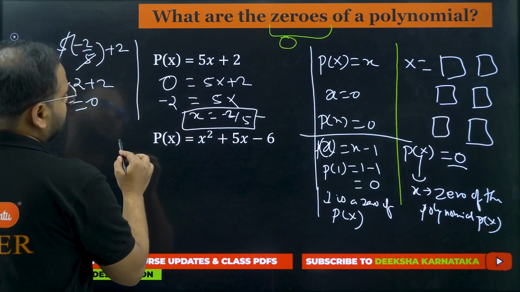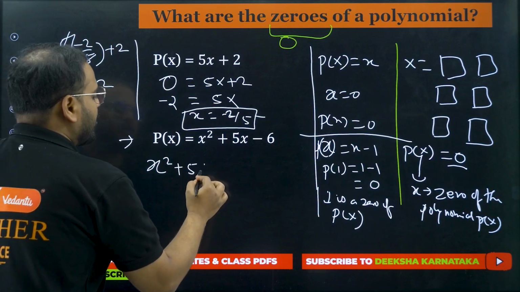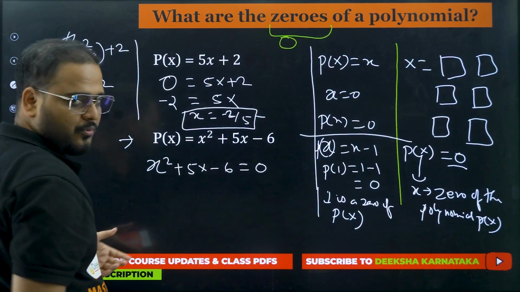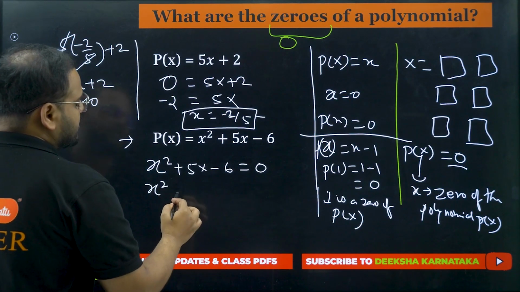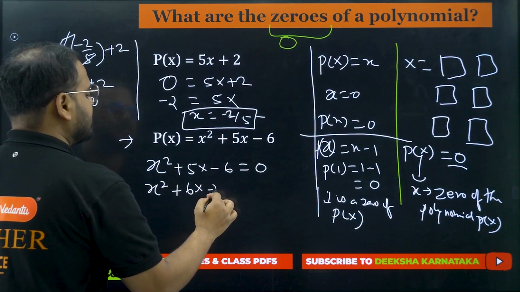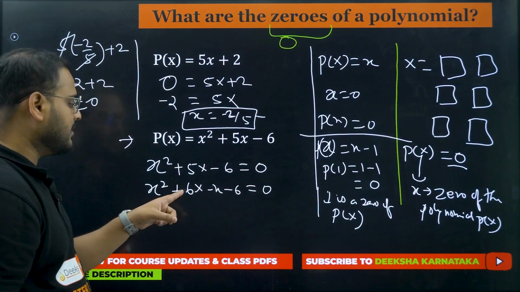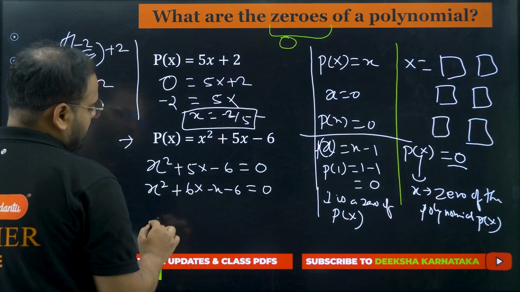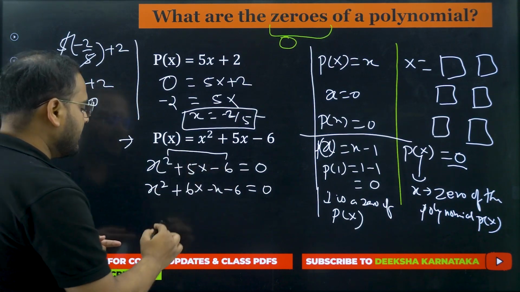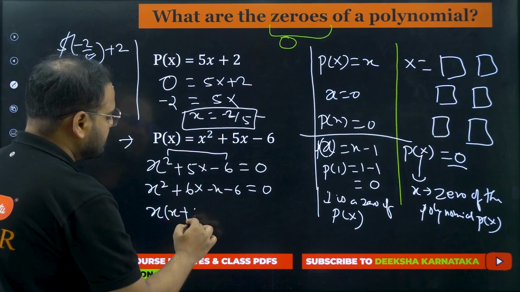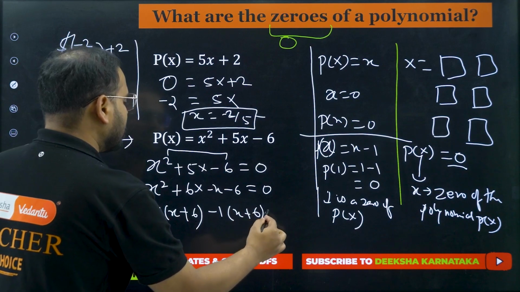Same I can do for this question also. How can I do it? Again I have to put x square plus 5x minus 6, my polynomial, equal to 0. p(x) equals 0 we have put. Can I factorize this? x square plus 6x minus x minus 6 equal to 0. How come, sir? Splitting the middle term, right? Writing 5x as 6x minus x. Please check, the product is minus 6x square, which is same as the product of the first and last term. Take x common here, so x plus 6 I am getting. Take minus 1 common here, I am again getting x plus 6 equal to 0.